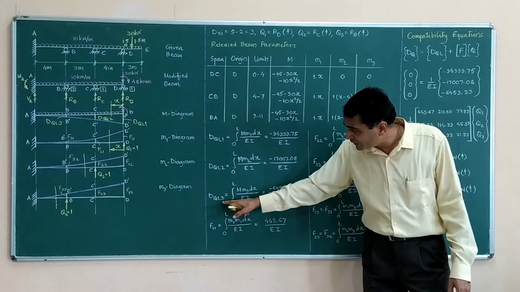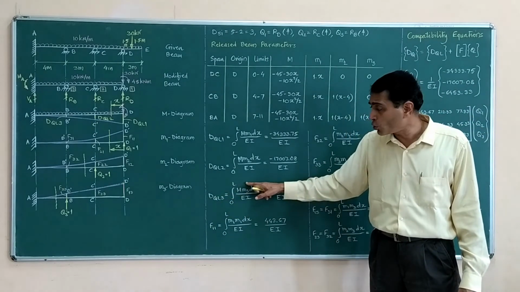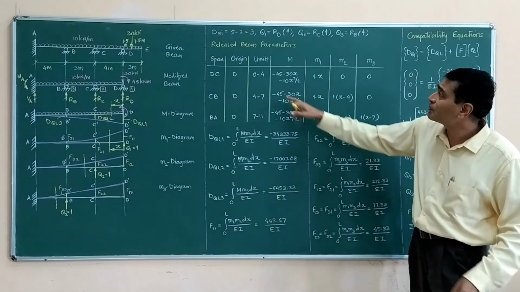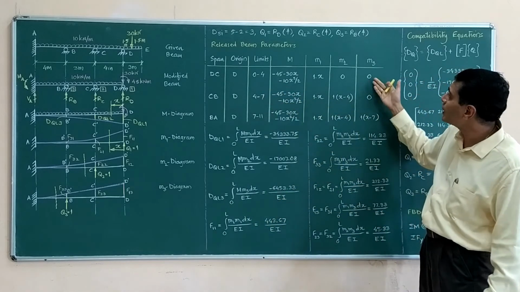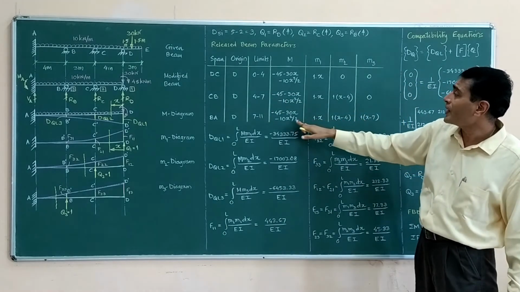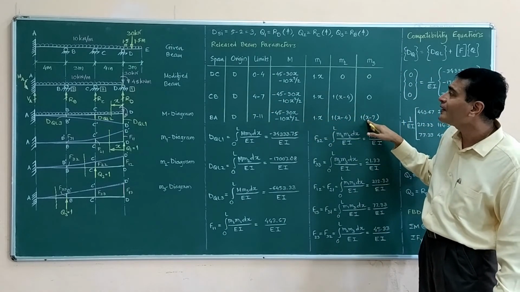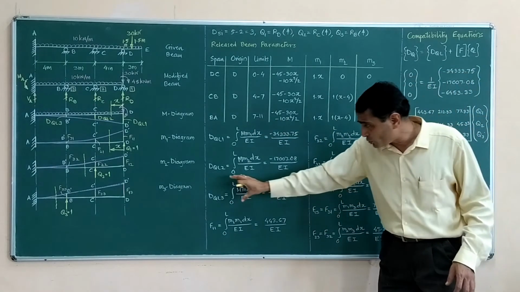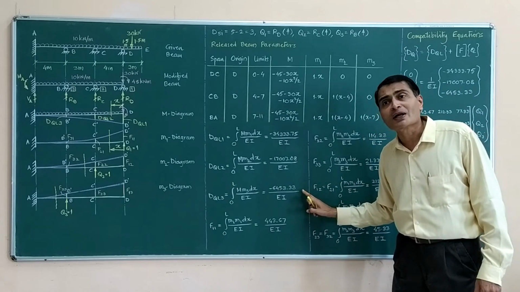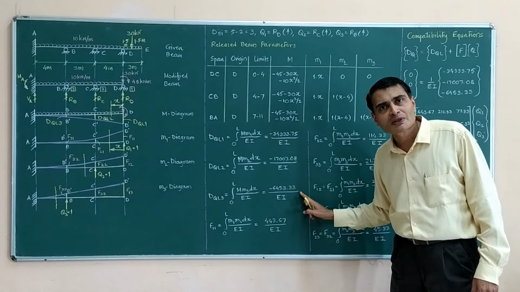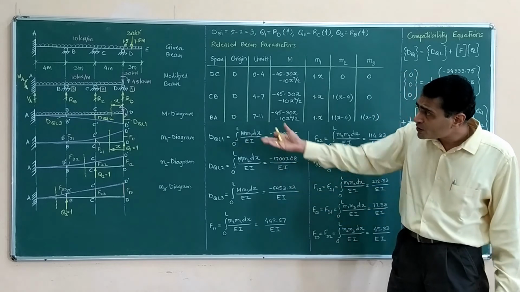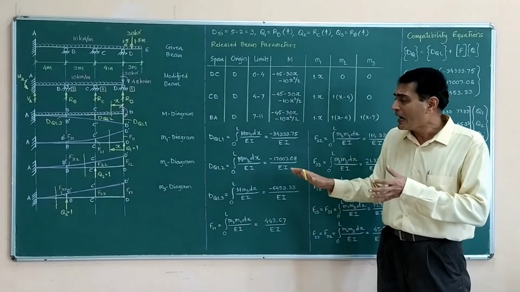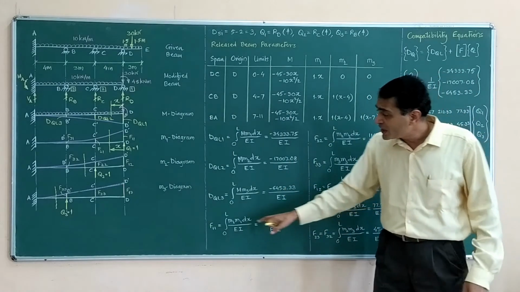Lastly, dqL3 is going to be integral 0 to L of m3 m dx over EI. You are observing that for 0 to 4 and 4 to 7 you anyway have zeros here. So for m into m3, you are only having one integration on your hand, 7 to 11, which you carry out, and you are getting this particular answer. And now, calculation of all those flexibility coefficients, that also we have discussed last time, and again of course I am going to discuss now.